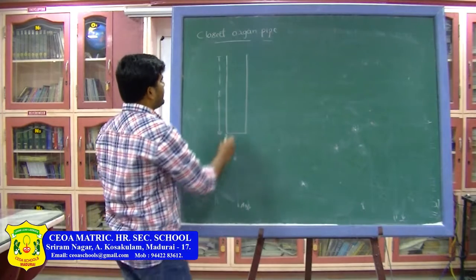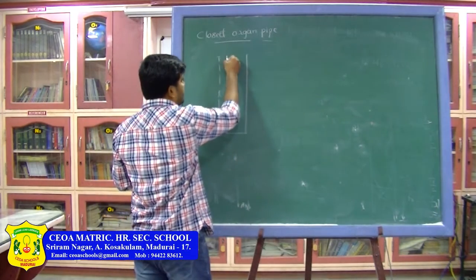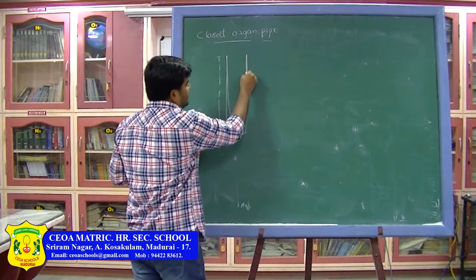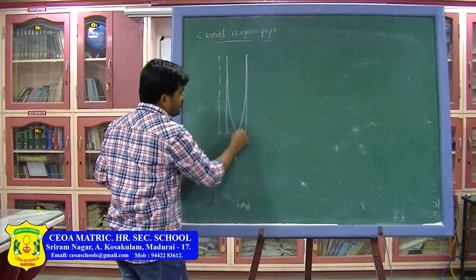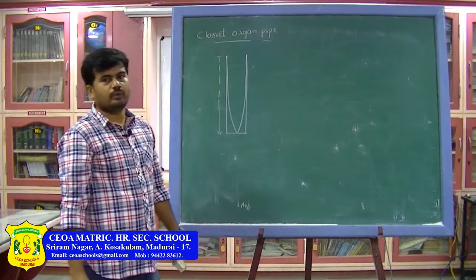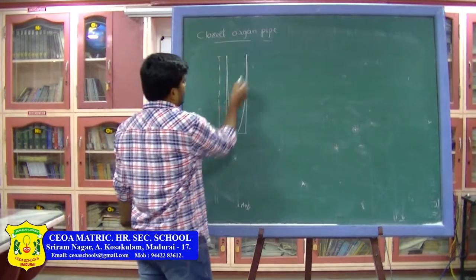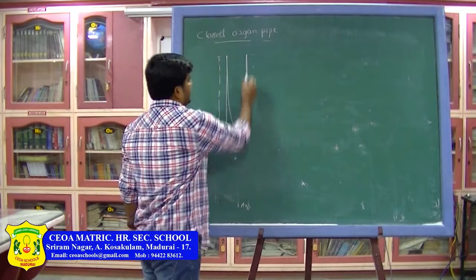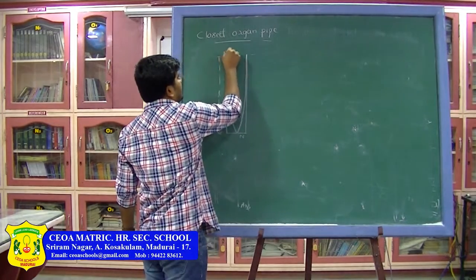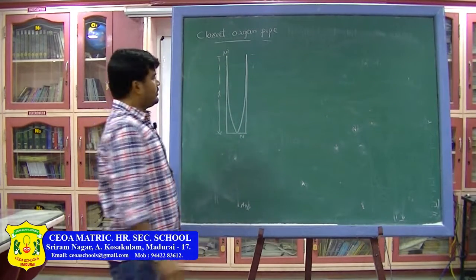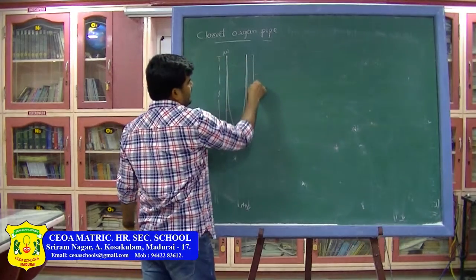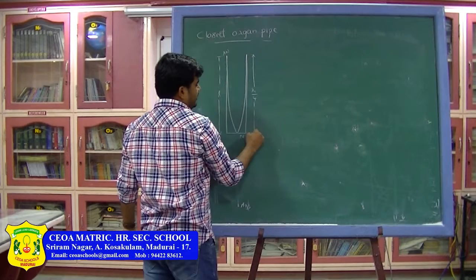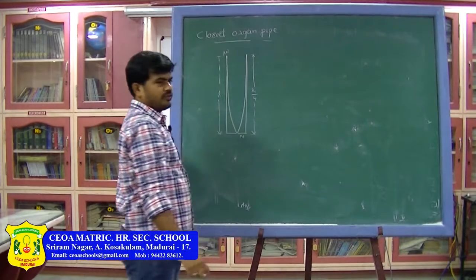So, the first mode of vibration, the formation of stationary waves, is like this. So, this is the fundamental mode or first mode of vibration of air column in the closed organ pipe. So, L is equal to, we know that the distance between a node and its very next antinode is lambda by 4. As it is the first mode, let me take it as lambda 1. So, lambda 1 divided by 4, this is the first mode of vibration.